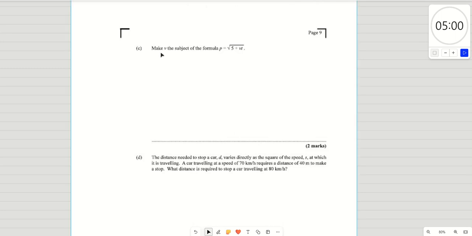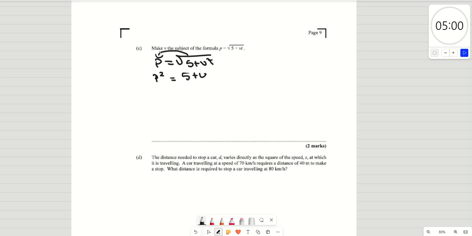says, make V the subject of the formula. So it is P is equal to the square root of 5 plus VT. Now, obviously, we have to get rid of the square root. So if you carry across the square root over the equal sign, anytime you carry something over the equal sign, it is the opposite. The opposite of square root is squared. So it would be P squared is equal to